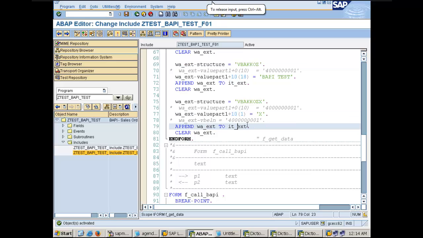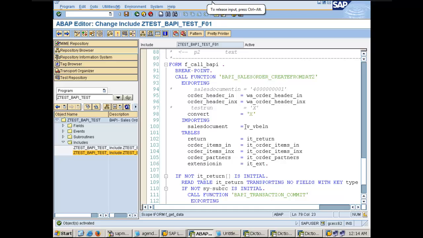So everything is appended, and then pass this itext to the itext in the extension in your BAPI. Now my code is active. If I execute this program,